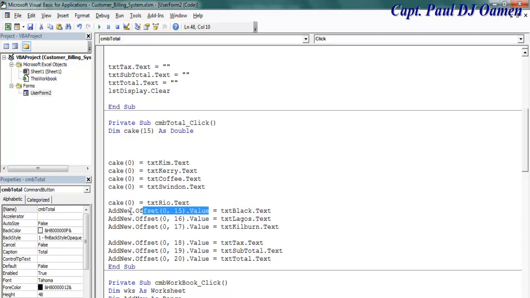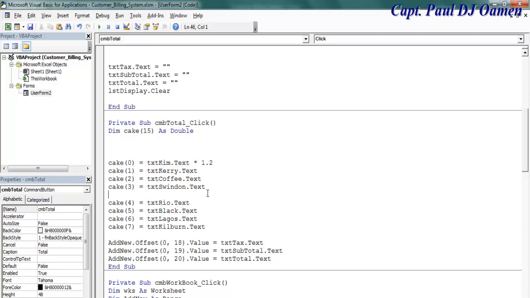Then we take care of the calculation. And let's just change the numbers around. That's 1, 2, 3, 4, 5, 6, 7. Okay, so we need to multiply this by the cost of each